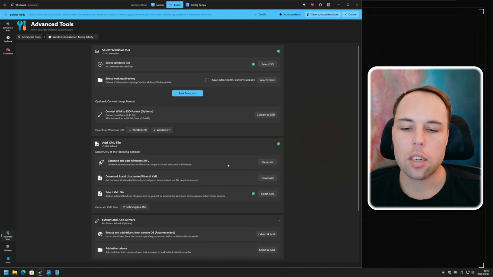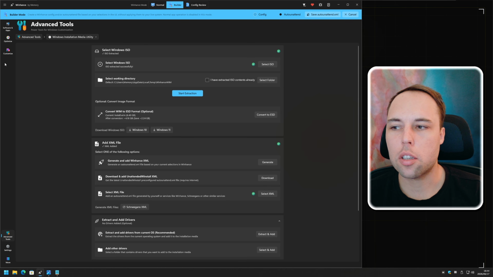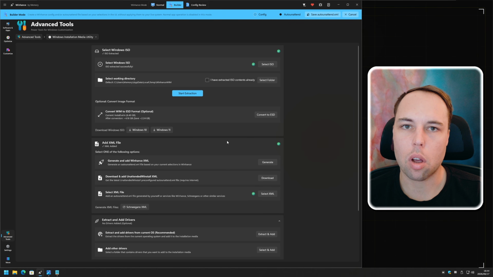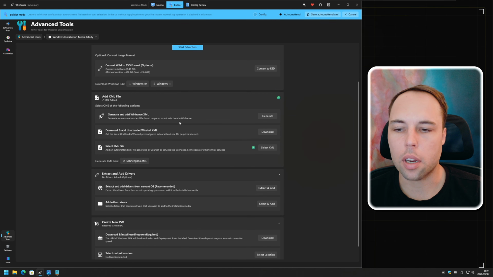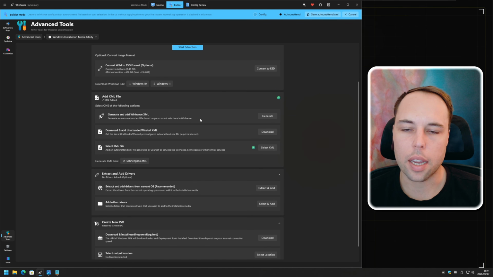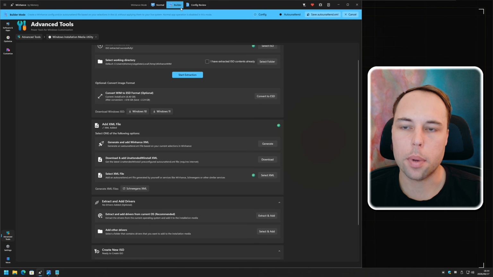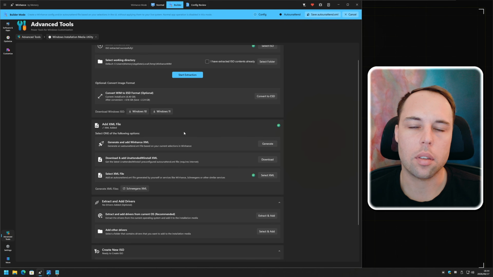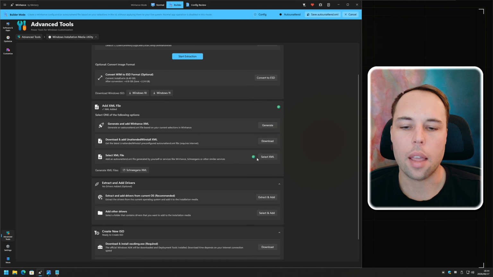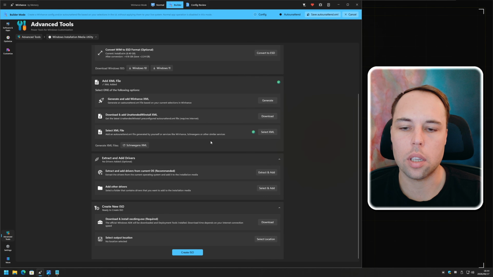And just a quick explanation about why both of these options exist. In future versions of WinHance, there's going to be an auto unattend feature that's separate from all of the other features, where you have more control and more options that you can include in the auto unattend file that don't fit in the normal optimize or customize sections of WinHance. So you have two options. You can either generate it based on your current selections in WinHance, or you can use the builder mode and select auto unattend to save the auto unattend file first with different selections than your current system, and then select the XML and add it to the Windows ISO file.